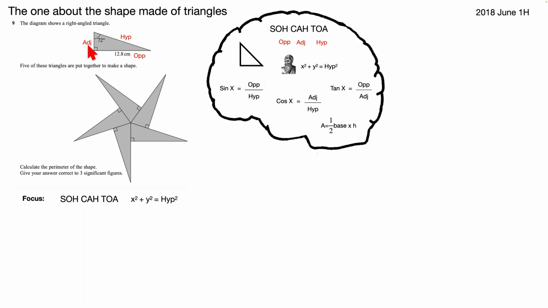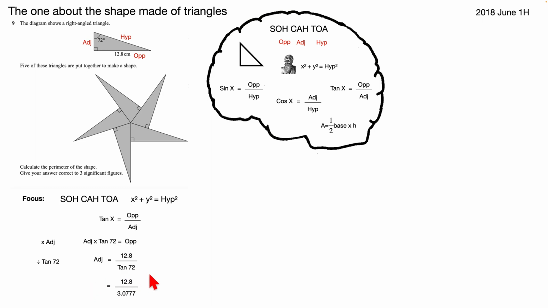Let's work out the adjacent using opposite over adjacent, which is tan of 72. Tan x equals opposite over adjacent. We want to get the adjacent, so we need the adjacent on its own. So we'll multiply by the adjacent. We've got adjacent times tan 72 equals opposite. Divide by tan 72. Adjacent equals the opposite, which is 12.8, divided by tan 72, equals 12.8 divided by